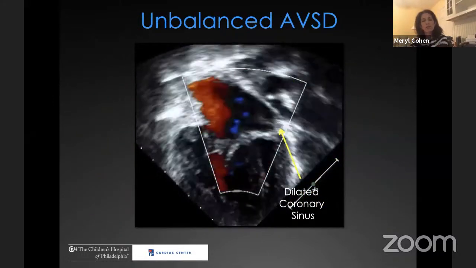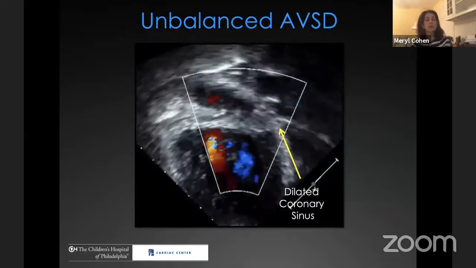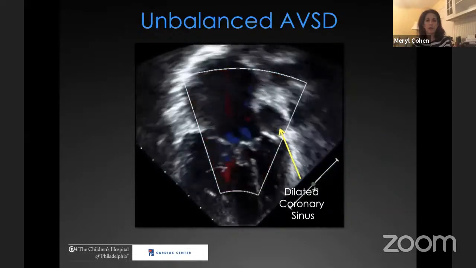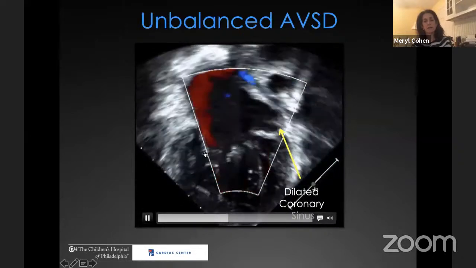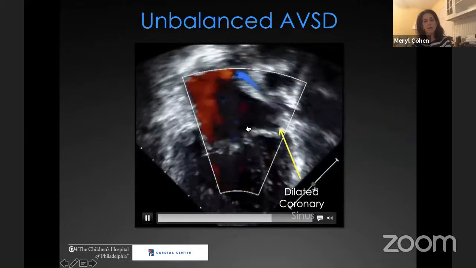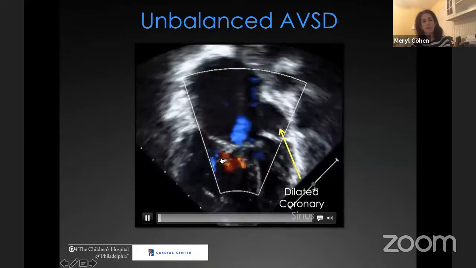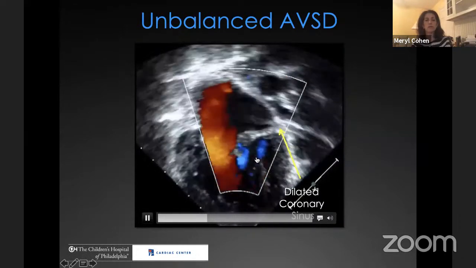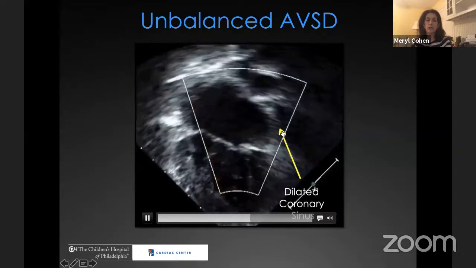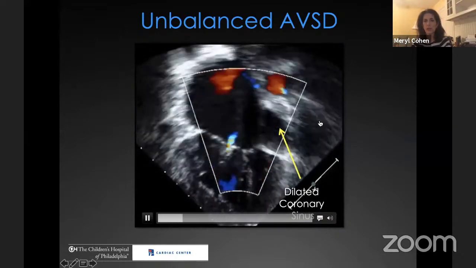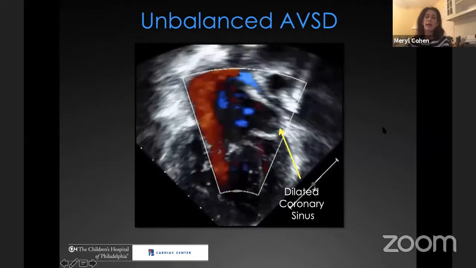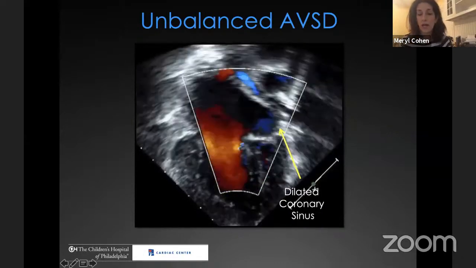Some of these patients will have actually small aorta and coarctation. This is a patient with unbalanced AV septal defect with left isomerism, where the AV valve is emptying almost entirely into the right ventricle. But take note of the fact that the coronary sinus is very large in this patient. It's really quite dilated. And that is because this patient has